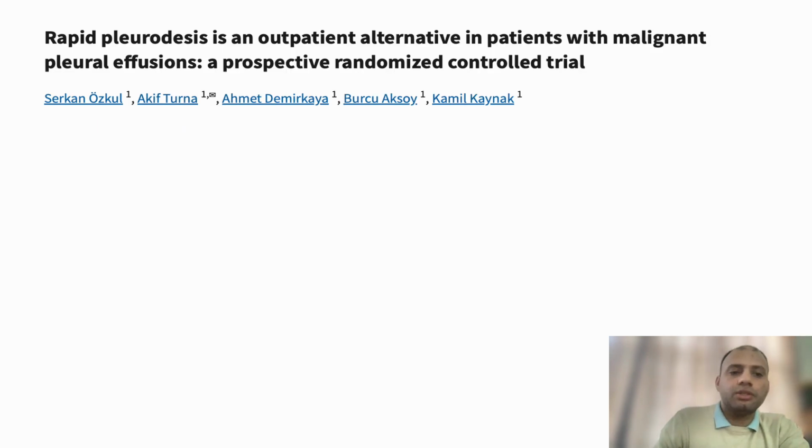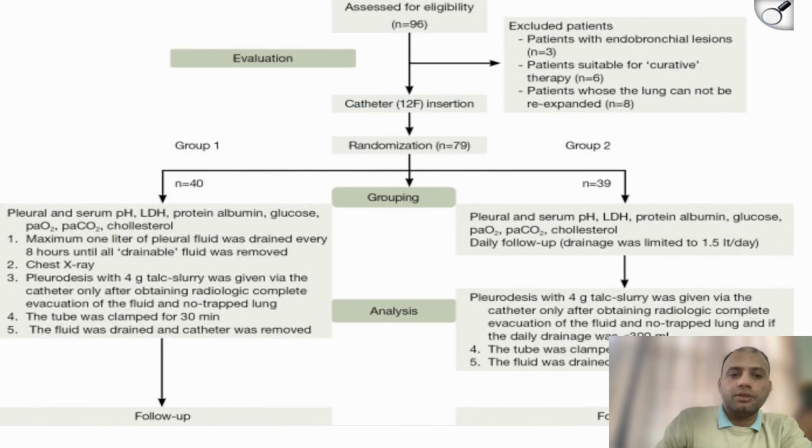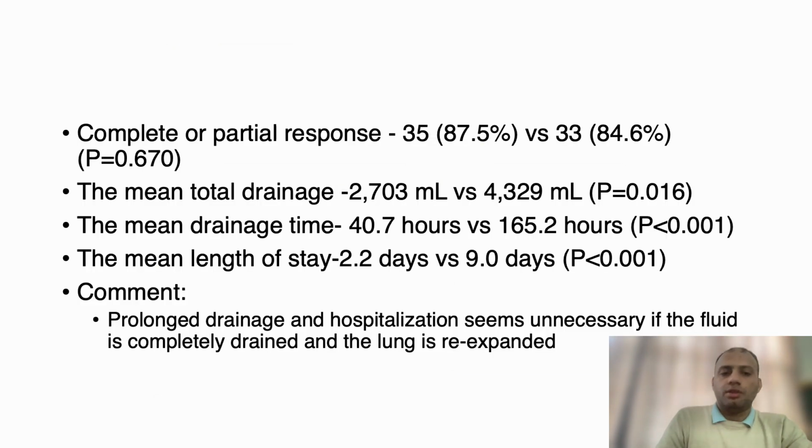So this is another article from Ozkul et al., where they have also divided the group in two groups, where one group undergoes the rapid pleurodesis and another group undergoes the pleurodesis as per the available protocol of the hospital, where the patient is kept with the tube for some days, and after the proper expansion pleurodesis is done. The outcomes, there is complete or partial response, 35 complete response of 87.5%, whereas partial response of